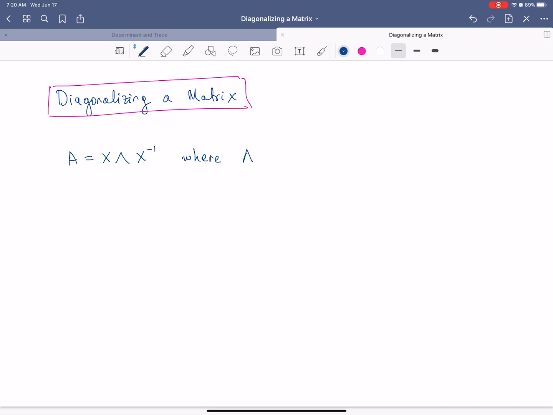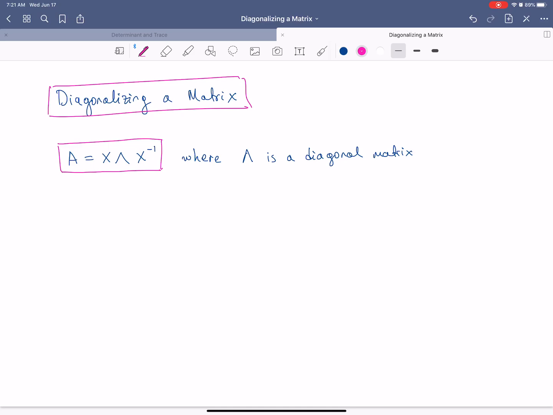But the point is that the matrix lambda is a diagonal matrix. So what we'll do today is talk about how to get to such a form and why such a form